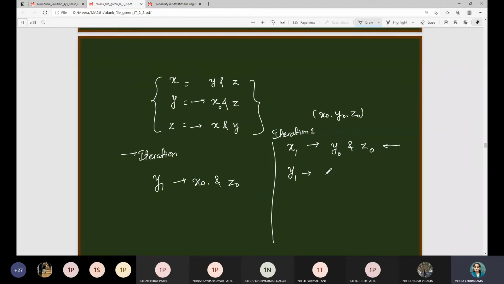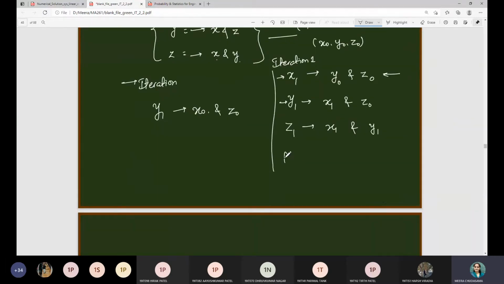But in this case, what will we do? You will have the expression in terms of x and z, from star I can say. So in that case, we use the newly found approximation from the previous step, not the previous iteration. I am talking about the previous step. So in that case it will be x1, and for z, the last evaluated value is z0, right? Then when you consider the approximation of z1, at that time you have already evaluated y1 as well as x1. So in that case, the newly evaluated values will be substituted in star. That means it will be in terms of x1 and y1.